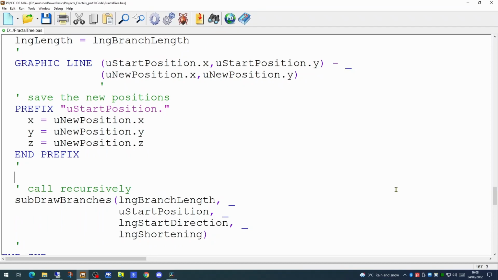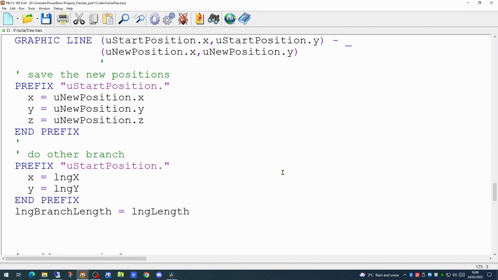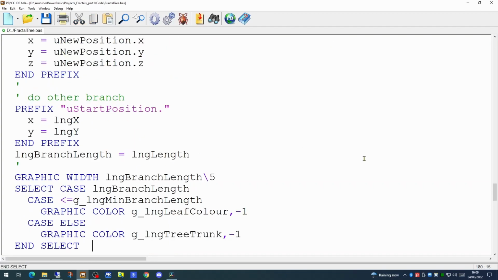Before we call the draw branches routine recursively, let's work out the right hand branch. This is going to use the stored positions of our variables, so we're resetting the starting position to long x and long y. We will then do exactly the same as we did before and determine the width of the branch, because as you remember, the width of the branch has been reducing right the way up to the tip of the branch.